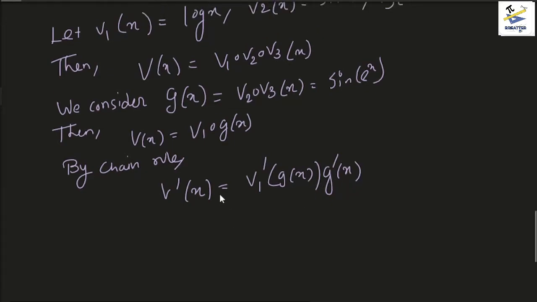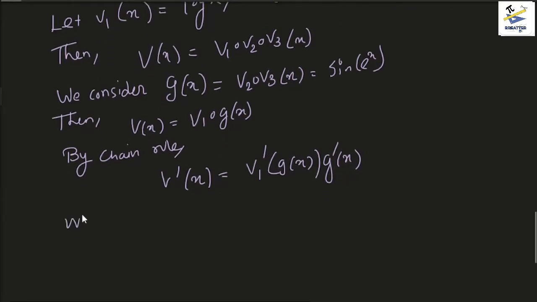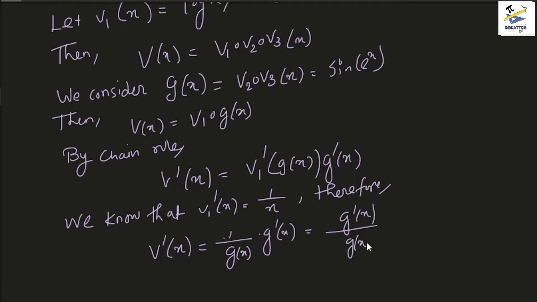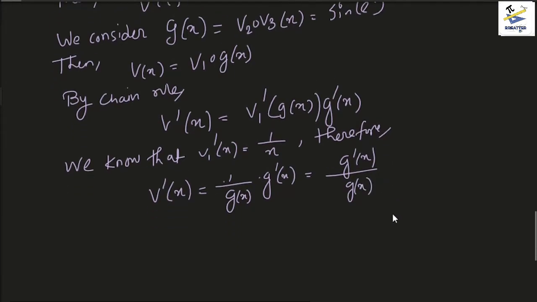Now what is v1 prime x? We know, since v1 of x is log x, that v1 prime of x is just equal to 1 by x. Therefore v prime of x would just be equal to 1 by g of x into g prime x, or in other words g prime x by g of x. Okay, now to find g prime x,